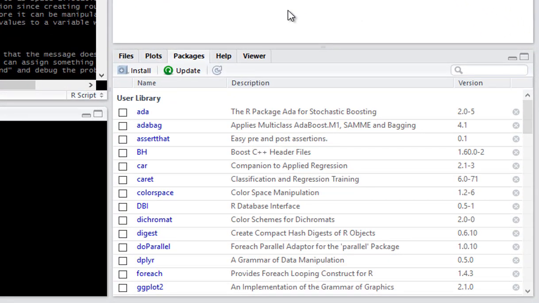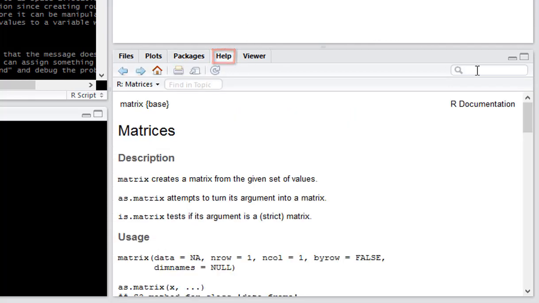This can be done by first clicking on the Help tab and then over in the search box searching for matrix. Alternatively, you could use ?matrix or help matrix in the console, and the same information would appear in the help screen. Now at the top of the help screen we can see that the matrix function is a part of R's base package, which means that the function is available to use without having to first install a custom R package. We also see that there is a description of the function along with two other related functions, as.matrix and